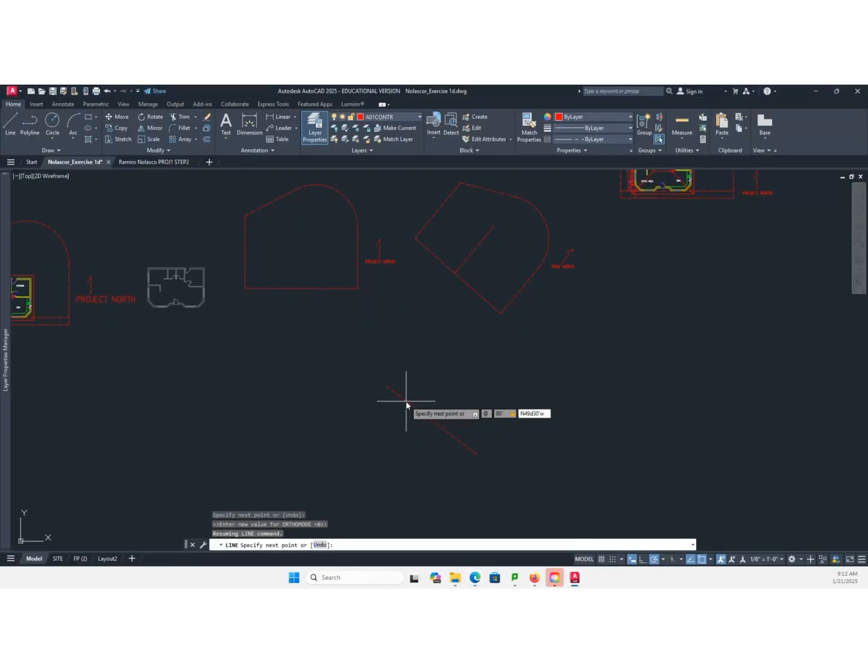Now, what does N, north, W do? If north is pointing upward and it says 49 degrees 30 minutes W, is it going this way, to the right, or to the left? To the left.